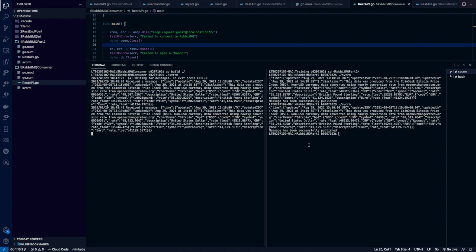In the third video, we did the integration between 2 functions. That is, in the first function, whatever payload we are getting, we pass on to the publisher so that it can publish in RabbitMQ. And this is the fourth session, where we wrote a consumer and it is consuming from the queue.